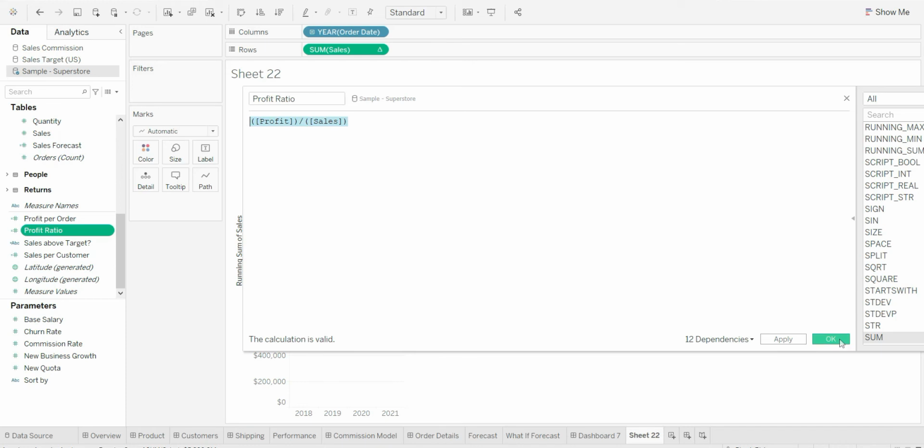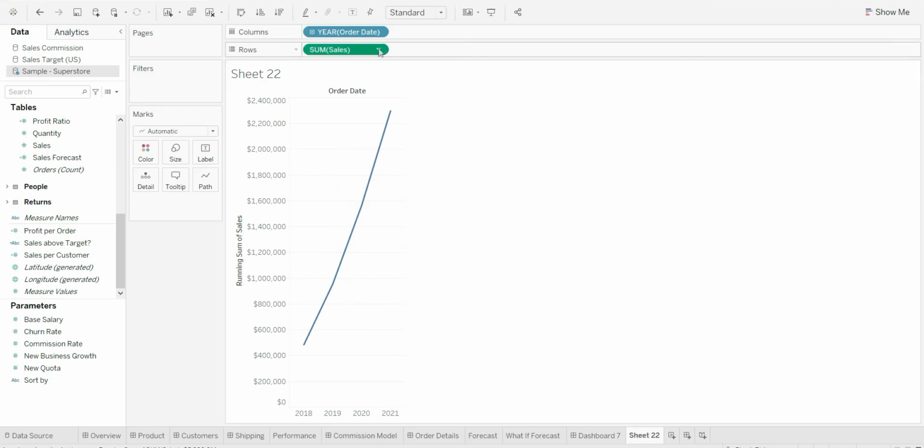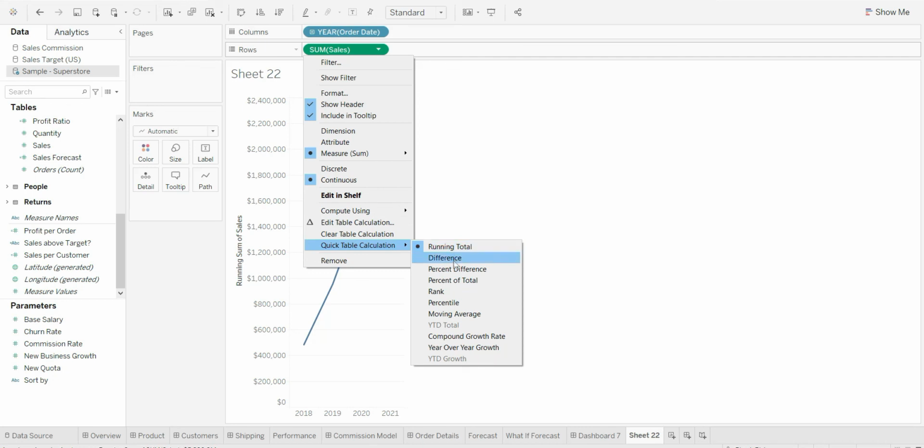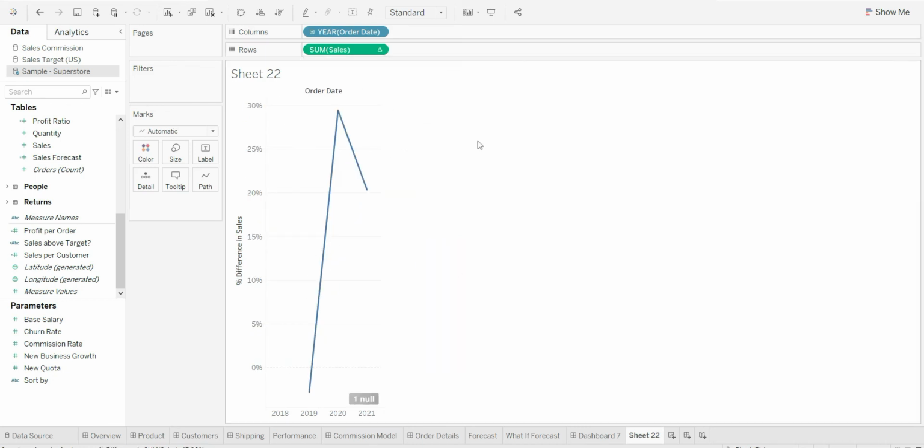That's the difference. Another difference is that there is something called quick table calculation when it comes to Tableau. This is something which is on the fly. You can create percent difference and all. Right. So that's one difference that I can see between the two tools when it comes to measures and calculated columns.